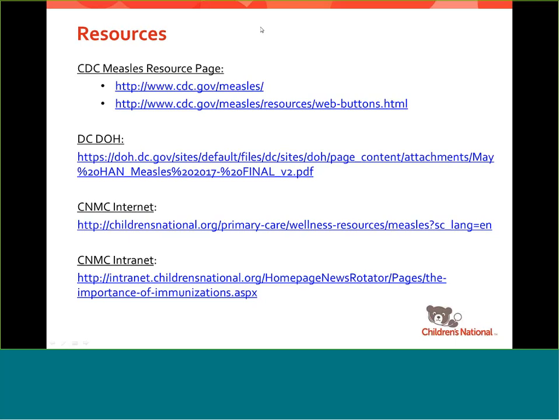I'm not seeing any questions that have been chatted in. We are going to attempt to unmute the lines and see what happens. Sometimes there's a wall of background noise and we have to quiet things down, but if there are any questions, we're going to try unmuting the phones now, Danita, and see what happens.